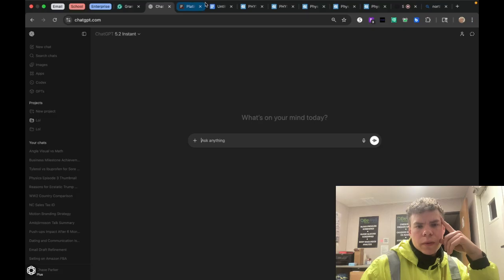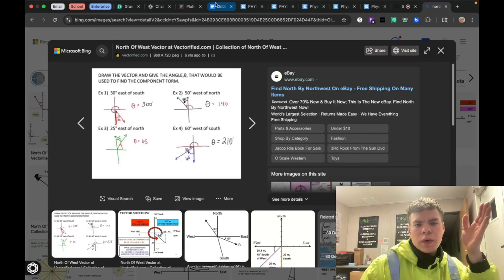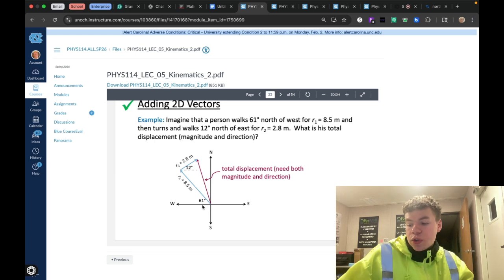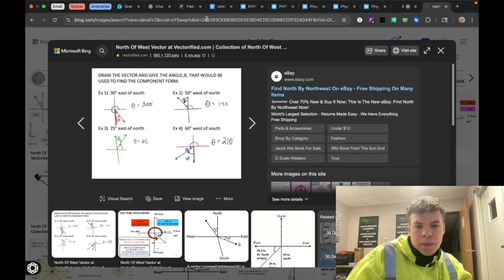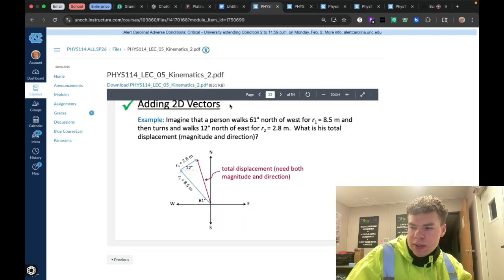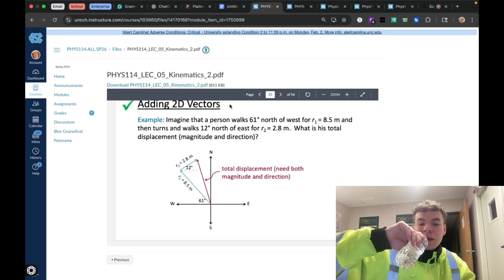So if that's 50 degrees west of north, then 61 degrees north of west would be this angle, which, all right, we're just going to assume that it's not drawn to scale because my intuition is like really bugging me right now, and it doesn't make sense at all. So I'm just going to assume that this graph isn't right, and we're going to do the math